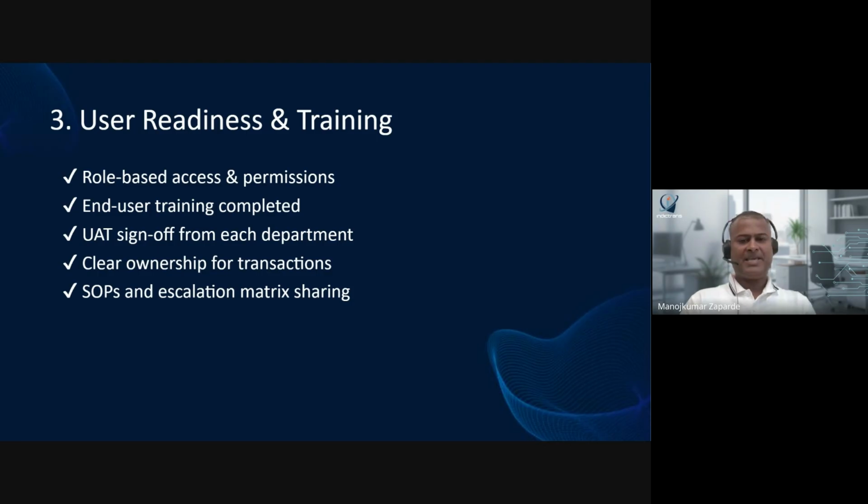Now, user readiness and training. The role-based access and permissions need to be provided. We need to ensure that every user has the required permissions and can see the respective data only. The second thing is end user training completed, right? So make sure that the end user training is completed and users are able to perform their business related